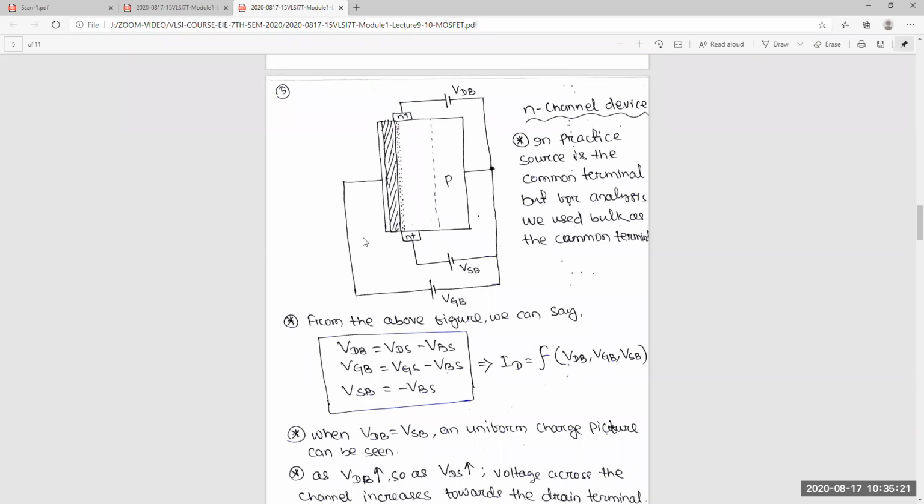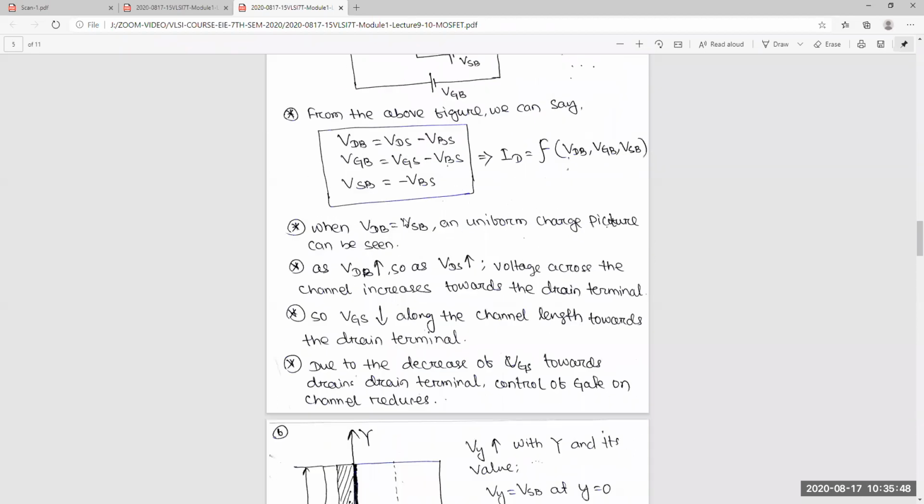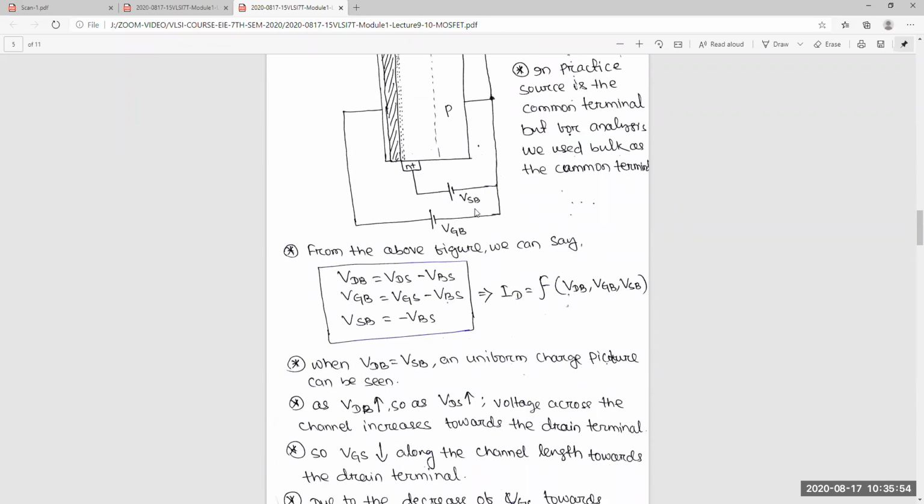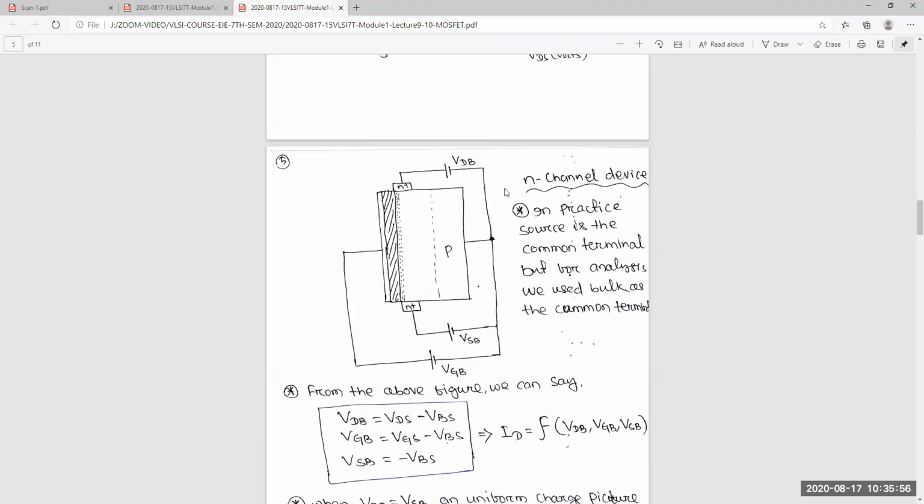Okay, so we have already discussed that body effect. That time the drain was not there, only the source was there. So due to these voltages, this depletion region changes and the inversion charge reduces. But if both are the same, there will be no effect. Only that VGB effect will come, and the surface charges, that is the interface inversion charges, will be uniform. Okay, so this is one point. The second point is, as VDB increases from this, when this voltage and this voltage are the same, there will be no effect.